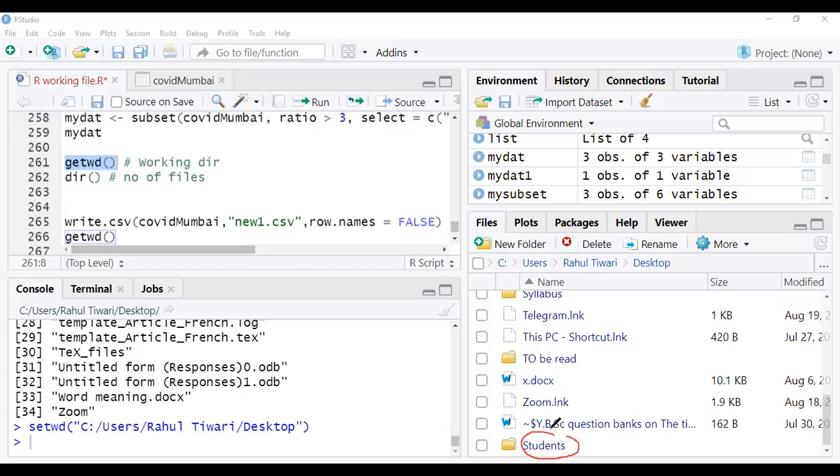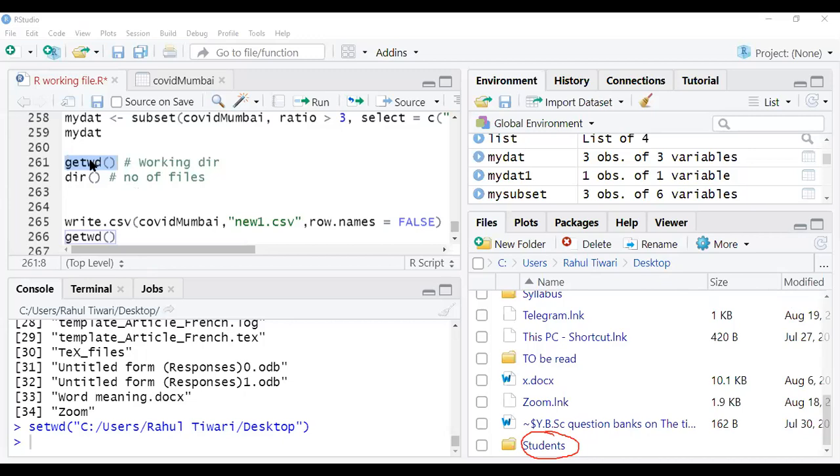But is this your current directory? I have shown you how to get the directory first and how to create any folder on the desktop. But are you working in this particular folder?